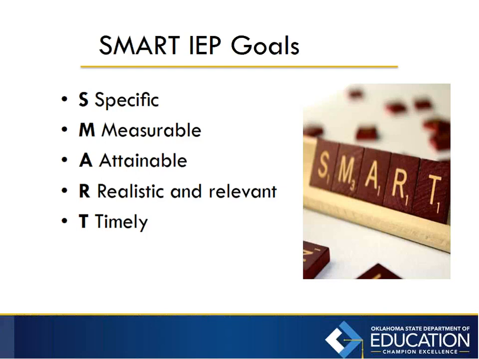A, attainable. The goal represents progress that is realistic for your child, and have conversations with that student. For your middle school or high school students, talk to them. Hey, this is the goal we've set this year. This is what we're working towards. This is the progress you've made. This is how far you have to go to meet this goal. I think sometimes we as teachers forget that. We don't always talk to our students so they know the expectations that are set before them.